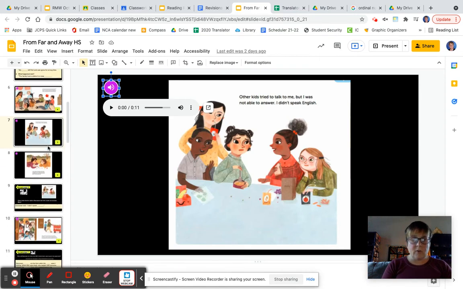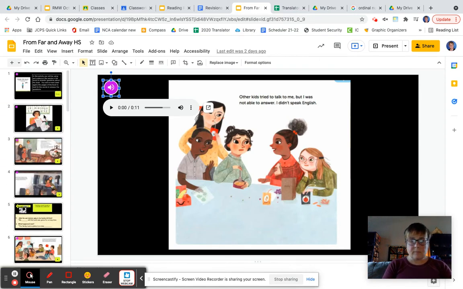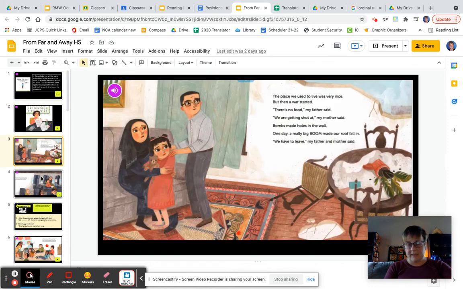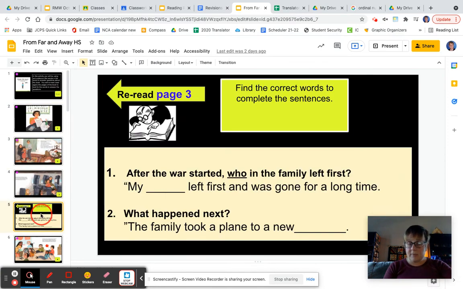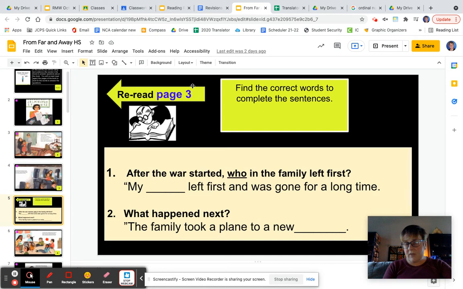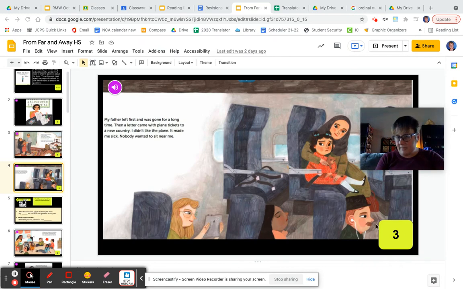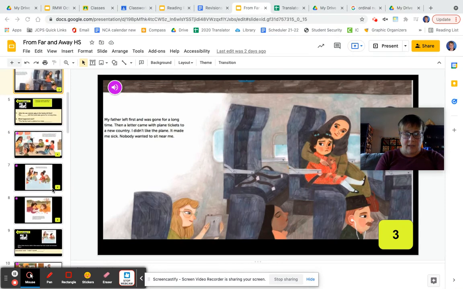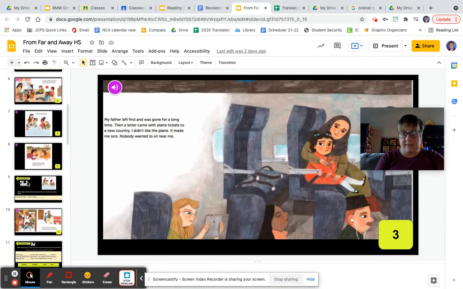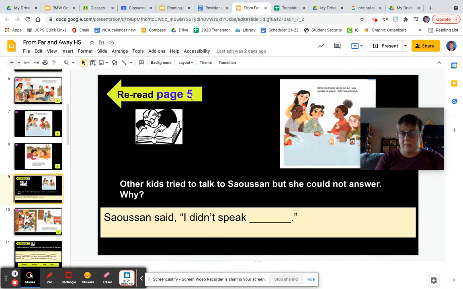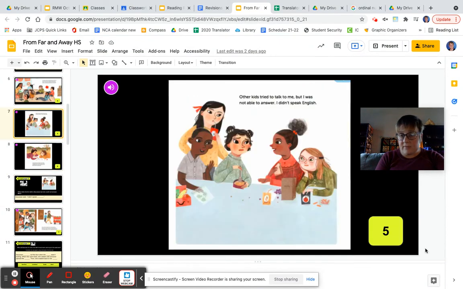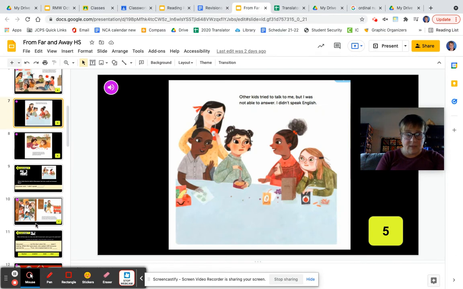Now, after you do that the whole way through, you will listen to and read it again, and then stop when you get to page 5. Page 5 tells you to go back to page 3, which is right here. See in the corner, it says 3. So that lets you know that the answer is right here. If you go up here to page 9, it tells you to go to page 5. And again, page 5 is right here in yellow.